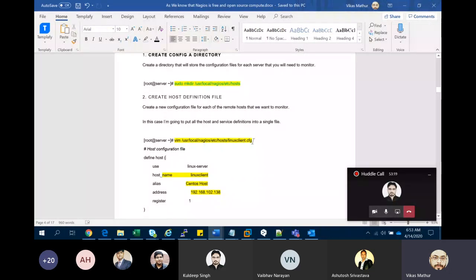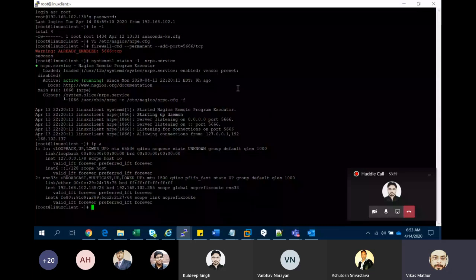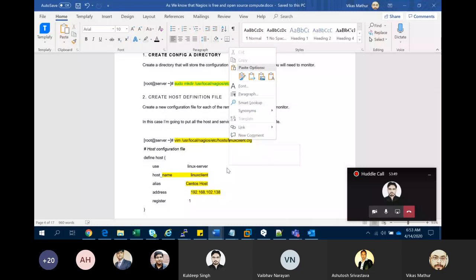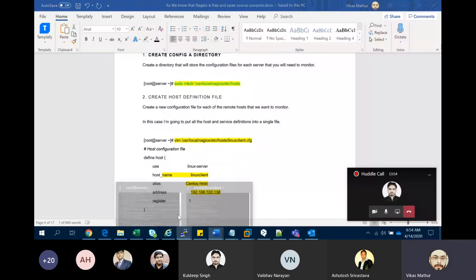If you want to create a file, the command is touch followed by the name of the file. So this is basically the Linux client cfg. It is the configuration file of this Linux machine, because on the server machine I have to add this server information, the host machines, and the things that are required. If I show it over there, in the server machine, this is the server.